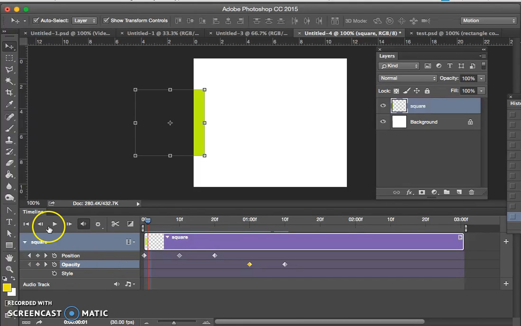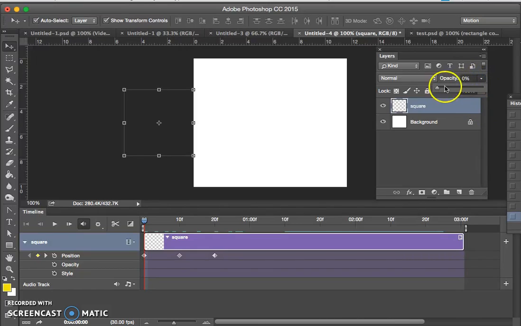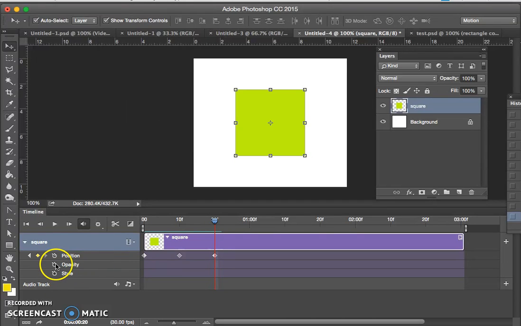So I have an object which comes in and disappears. And I'm controlling the opacity down here. So I'm just going to clear all of those. Bring the opacity of the whole layer back up. So it's going to move into position, and then when it gets there, I'm going to pop a keyframe in,